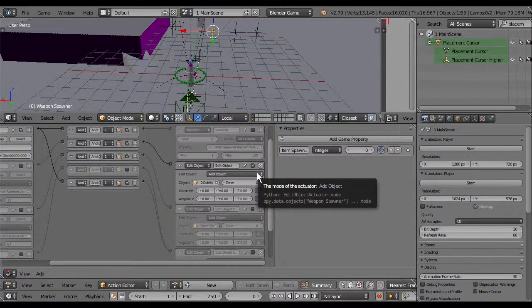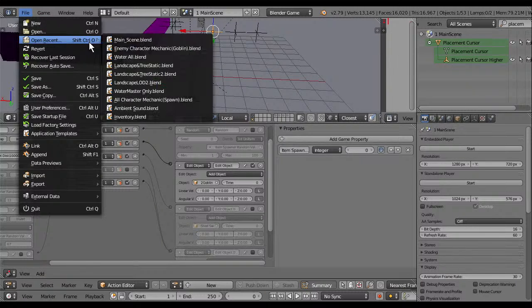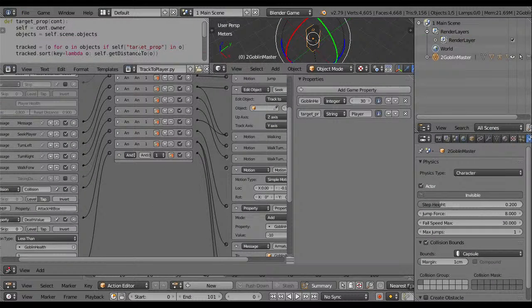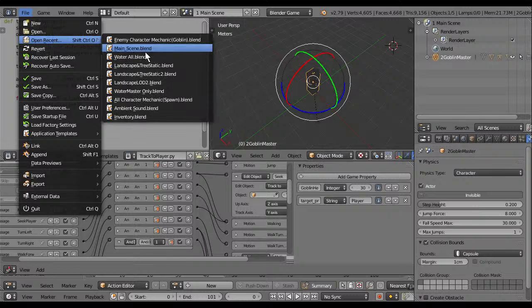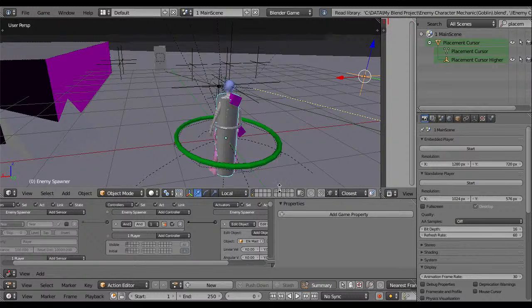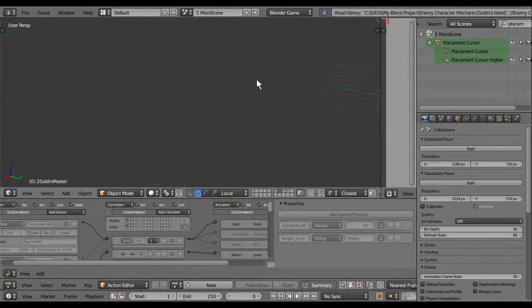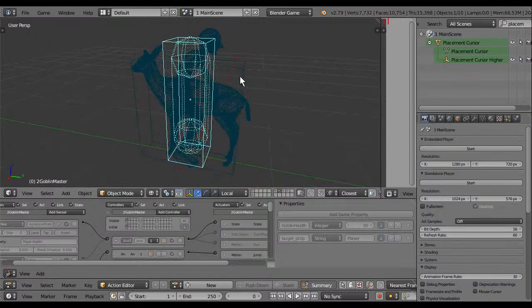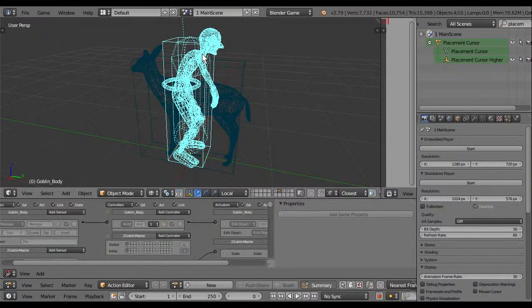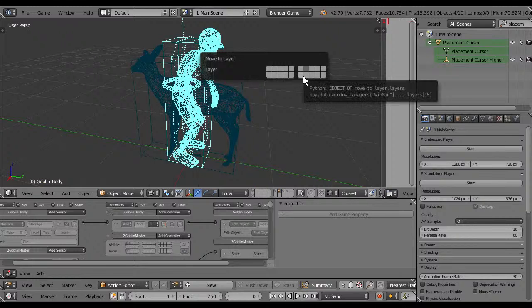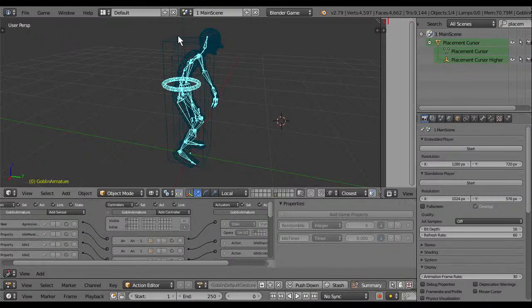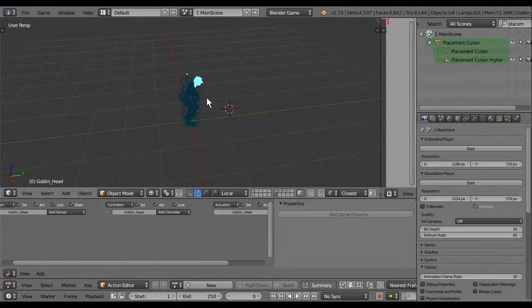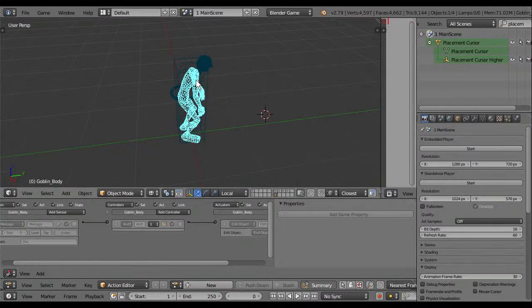Interesting. Just change the layer in here. Some goblin heads.